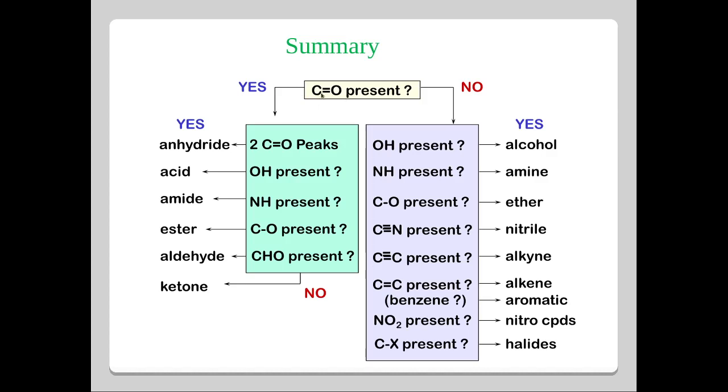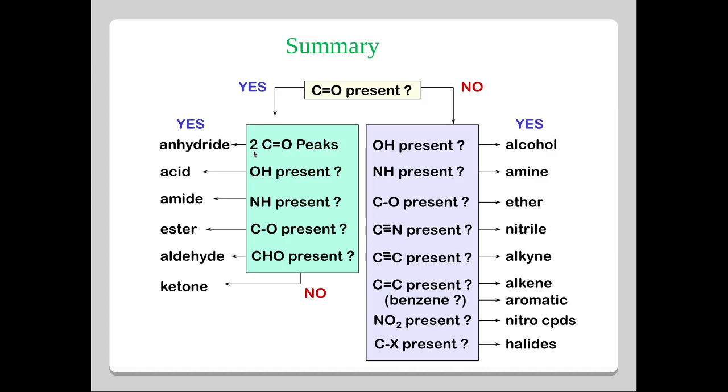When we look at the carbonyl band, if you see a sharp band at around 1700 centimeter inverse, then see whether the band is split into two, such as a doublet structure. If there is a doublet structure, it's most probably an anhydride, which contains two carbonyl functional groups. If there are not two bands but only one band, then there is one